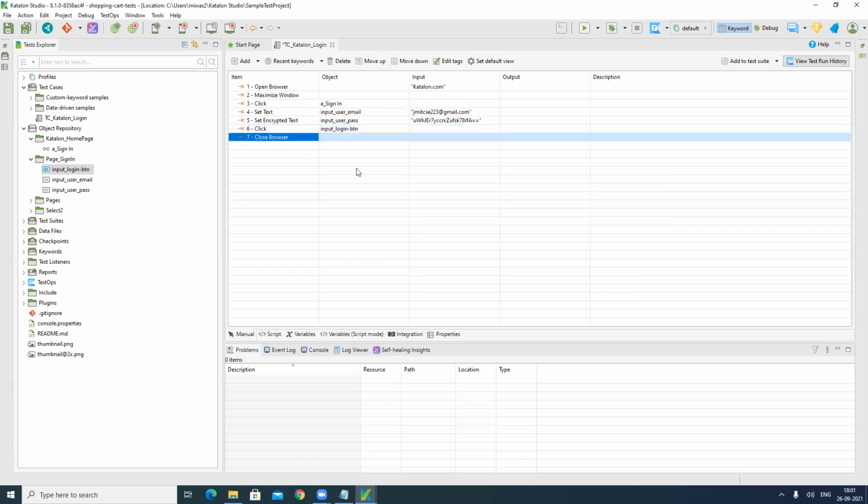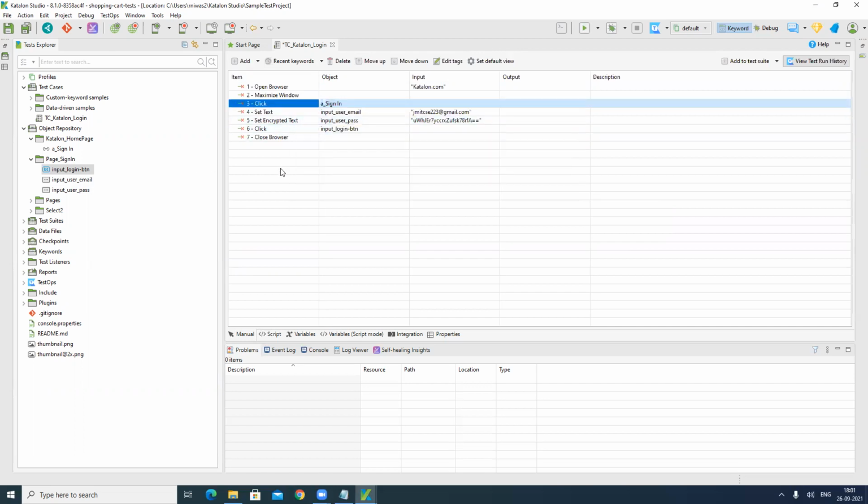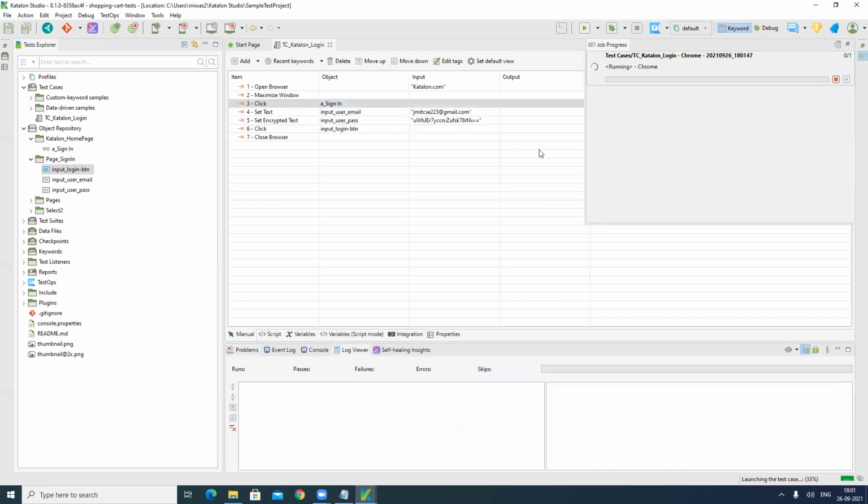So in this way, our script is ready in manual mode and you can see how easy it is. It is just simply drag and drop. You don't need much effort to write Selenium code or some other language. It is just drag and drop and pull the actions into your script. So we'll just run it. You can run the same script in multiple browsers as well.